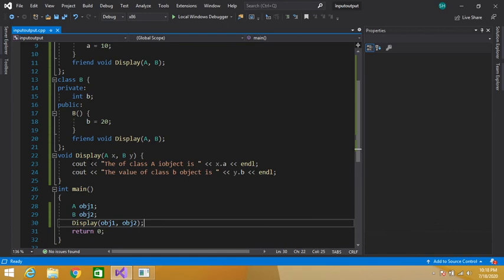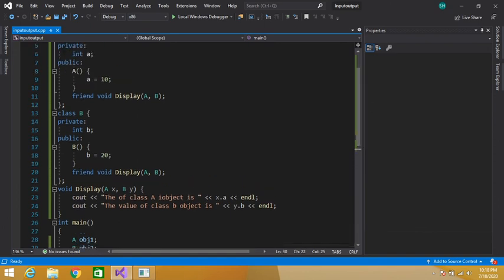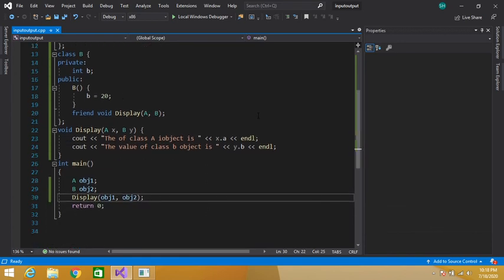This a is a private data member of our class A. So we have accessed this private data member by using our friend function. Private and protected data members both can be accessed by using a friend function. Similarly, I have displayed the value of the class B object using this friend function, and after printing this value, the control will again jump back, and here our program terminates.